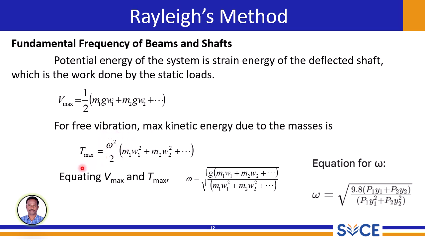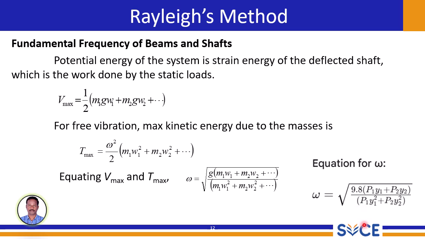So T max equals 1/2 times omega squared multiplied by the summation of each mass times the square of its static deflections. Now following Rayleigh's principle, we equate potential energy to the maximum kinetic energy. By doing so and solving for omega, we arrive at an equation, that is the fundamental natural frequency equation, which is